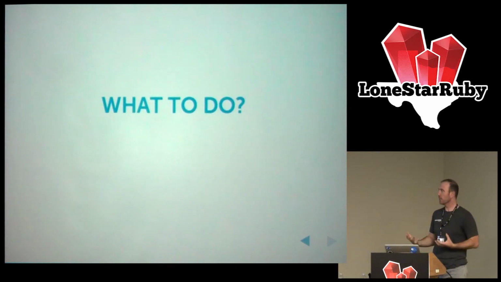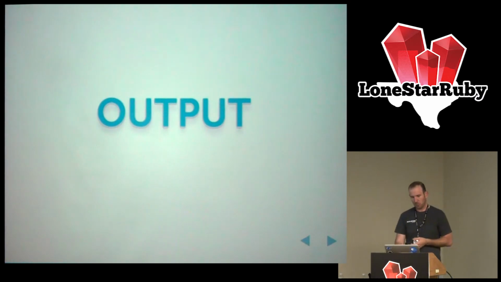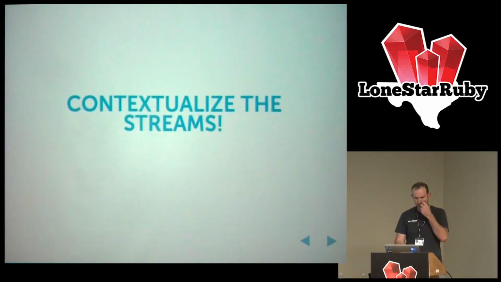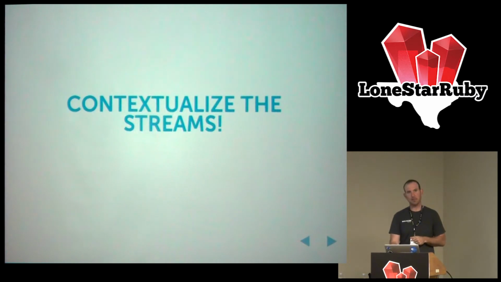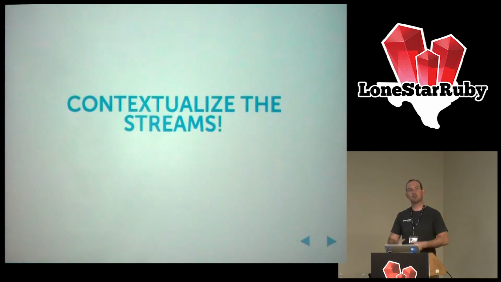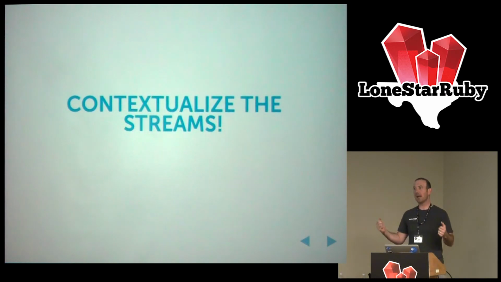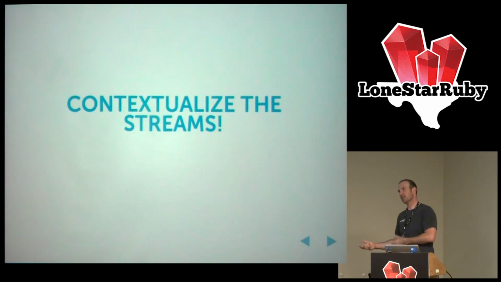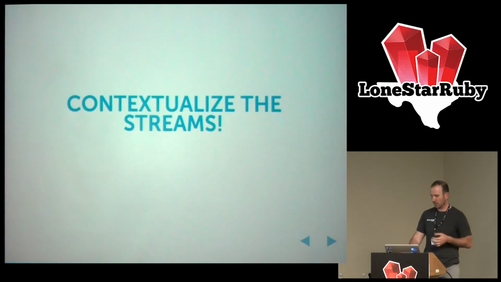So what are we going to do? Well, we have to identify these problems and go after them and see what we can do to address each one specifically. So the first thing, for output, is to contextualize the streams. I know that's a fancy way of saying wrapping stuff, and what I mean is we wanted to move away from this regimen where any code anywhere can just access standard out willy-nilly. But at the same time, we want any code anywhere to be able to generate output. And so how do you do that in an orderly fashion? It's not an easy problem.